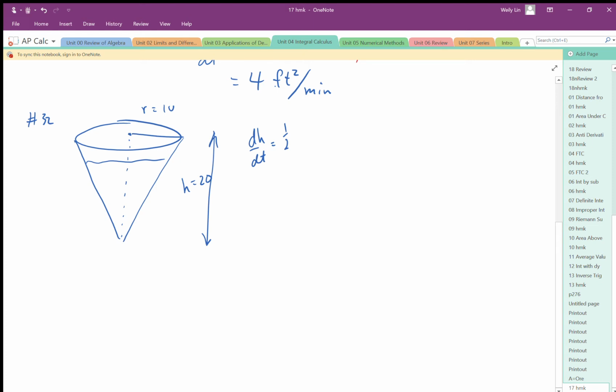Right? So I need to connect the height to the volume, okay? Because we need to solve for dV by dt. That's our unknown. That's what we need to generate. We need to generate dV by dt, and we need a dh by dt connected to dV by dt. So the formula for the volume of a cone is pi r squared times h divided by 3. There's my volume of a cone. Okay. And I also know that there's too many variables in here because I've got radius, height, volume. So I need to,